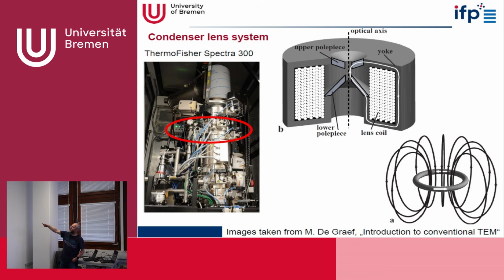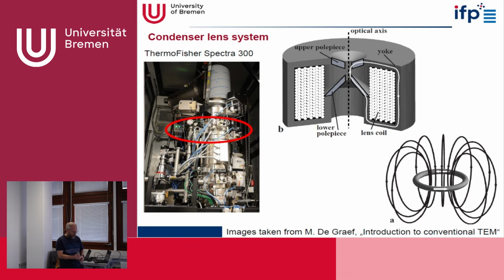In principle we have a lens coil and we have a yoke. The lens coil will produce a magnetic field, which points out of the yoke, and this field here in the middle, which is visualized like here, will lead first of all to the electrons going down in a spiral in the microscope, and because the magnetic field is inhomogeneous, it will have a focusing effect.